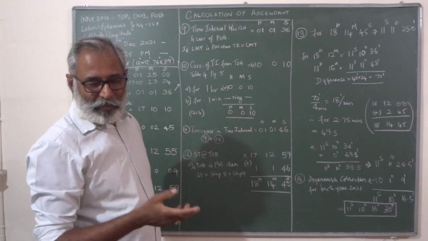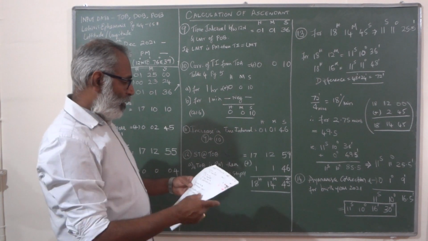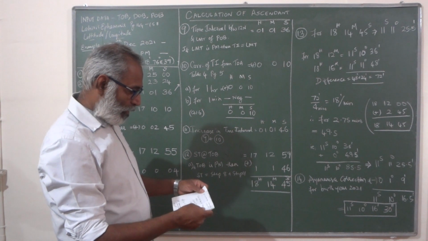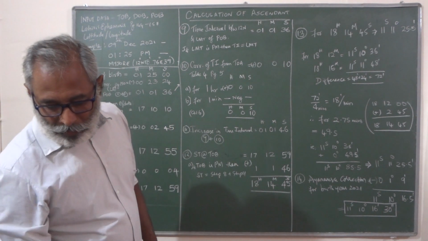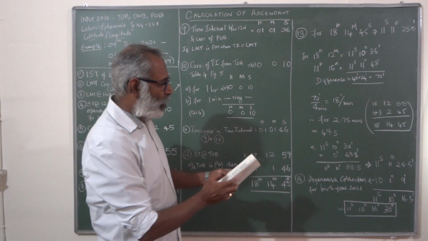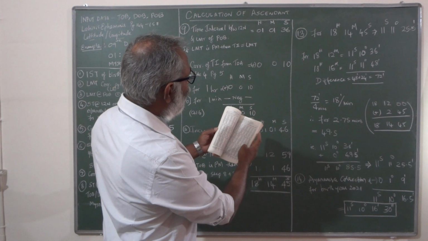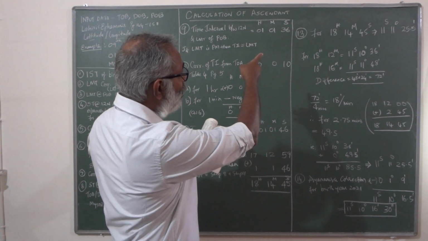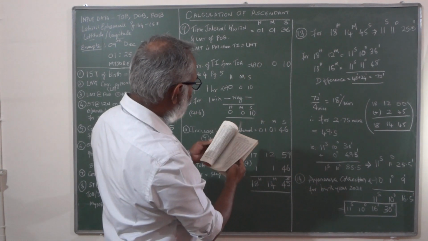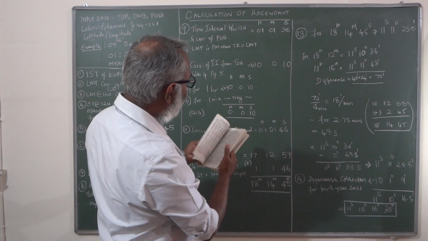So how to get the ascendant? You will have to go to another table. In step number 13, you have to go to the table of ascendants. You have the table of ascendants with ascendants very clearly given for the hours for the sidereal time. So here there is a list of